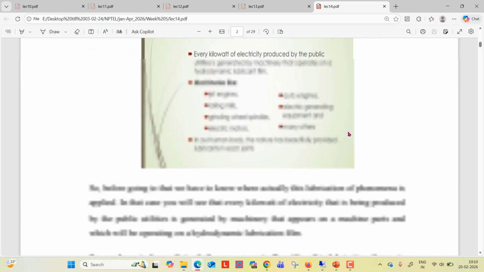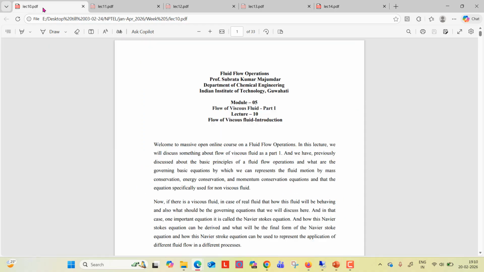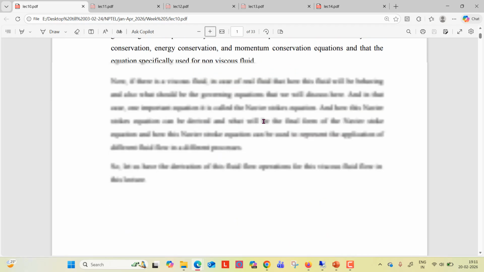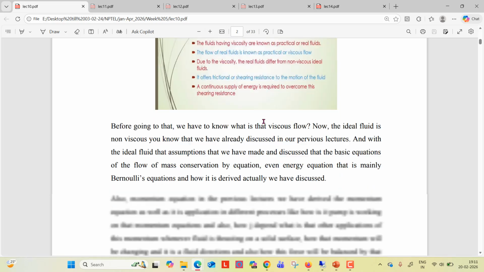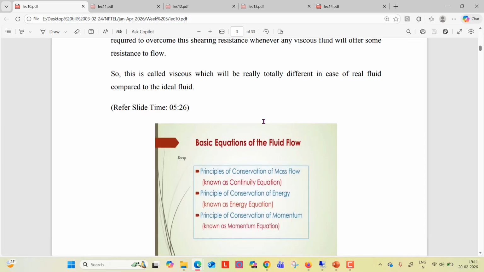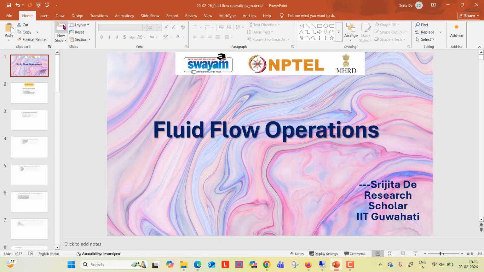Yeah. So this is lecture 10. So here is the basic equations we have learned last week. And now comes the Navier-Stokes equation. So how will the Navier-Stokes equation come? So here comes the derivation of the Navier-Stokes equations. Okay. So what you can consider,